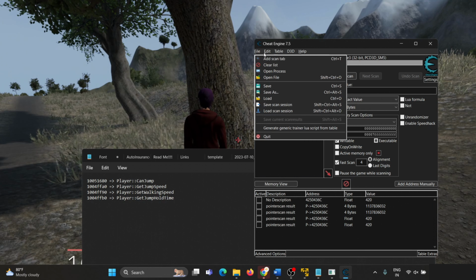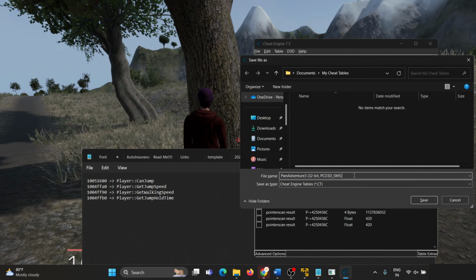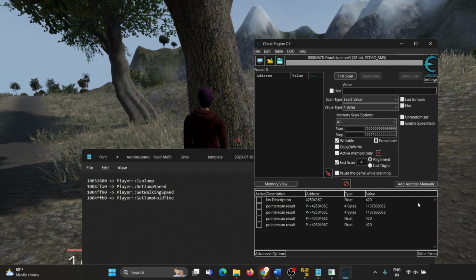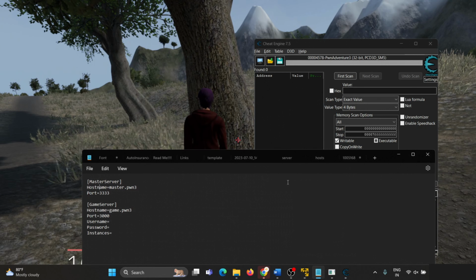Now we can save the file as a cheat table, and we can add here the name of the cheat table that we want. And save it. As you can see, we have saved